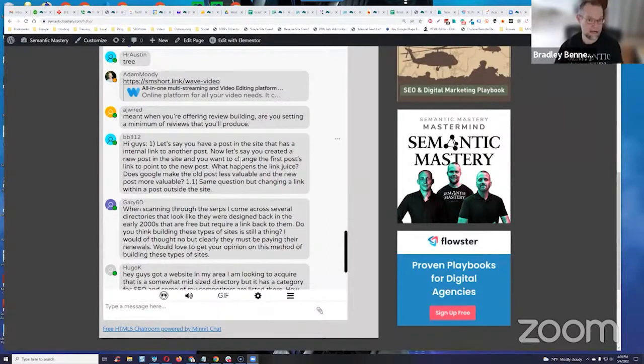Another way is XML sitemaps. Believe it or not, sitemaps can really help you to signify to Google and any of the search engines, but mainly Google, what are the most important pages and or posts on the site? That's how you help Google to determine crawl budgeting, like when you can set crawl budgets within your sitemaps. That basically says, okay, these pages aren't going to be changed very much, so they shouldn't need to be crawled very often, because there's a finite amount of resources that Google will commit to a particular website, right?